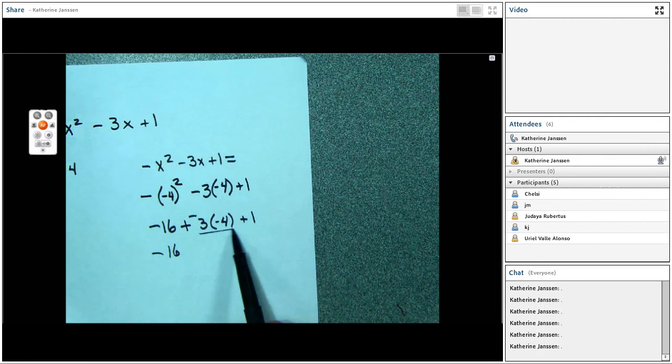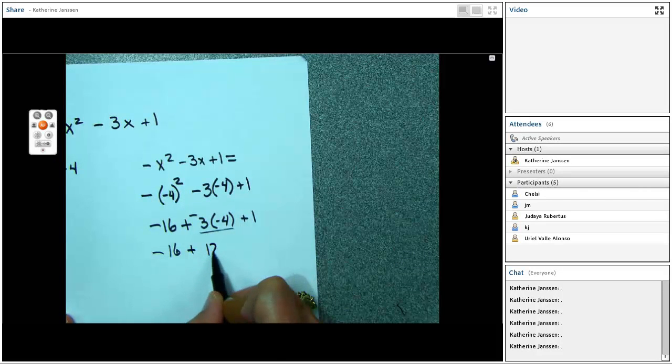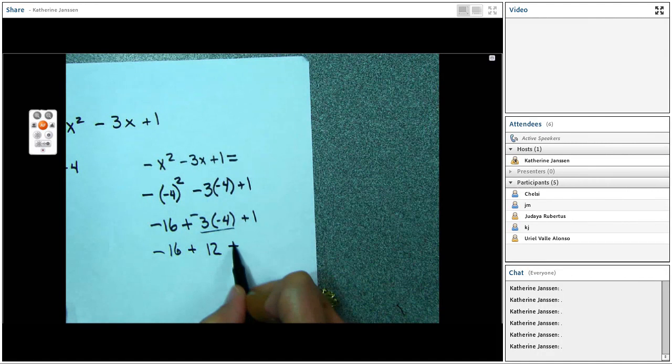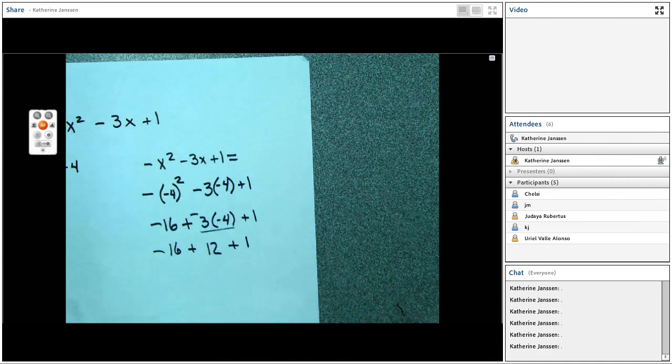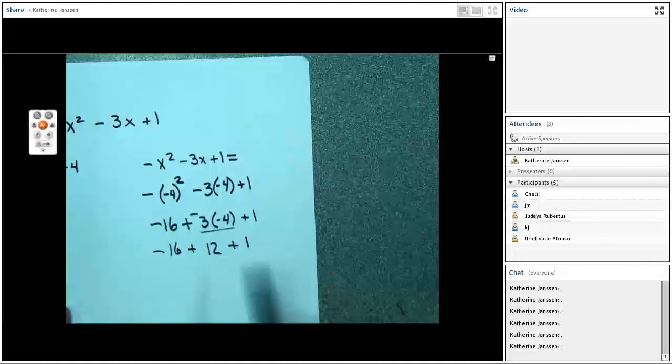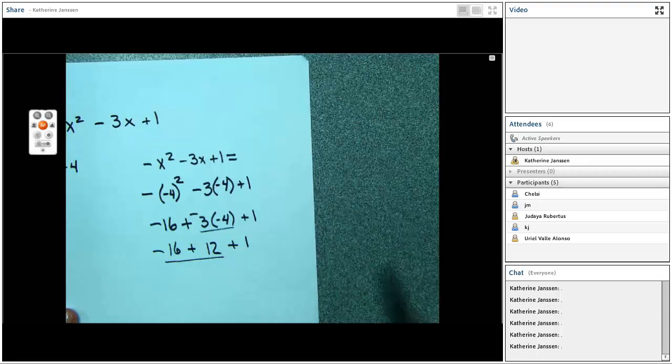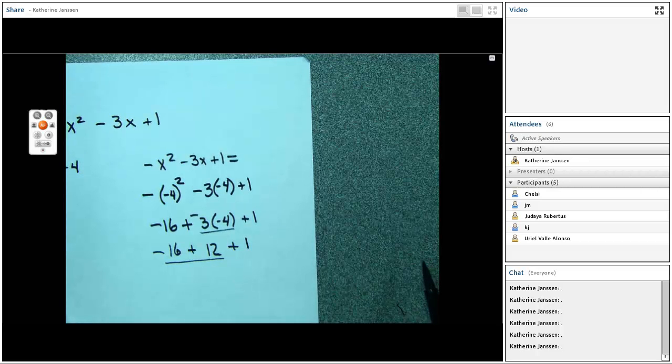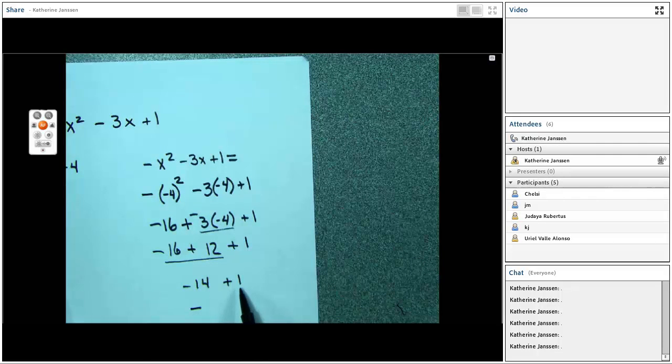I have negative 3 times a negative 4. Negative 12 would be positive 12, plus 1. Why? Negative times a negative is positive. 3 times 4 is 12. And now I'm adding negative 16 plus 12, which would be negative 14, plus 1. Negative 14 plus 1 is a negative